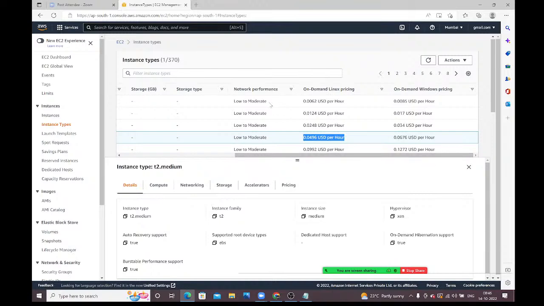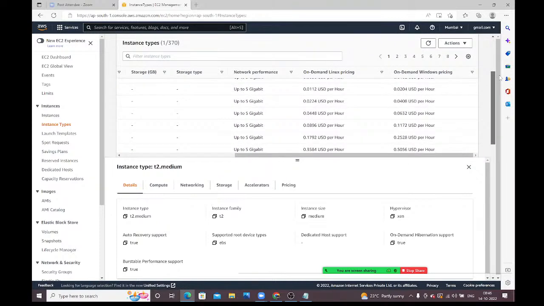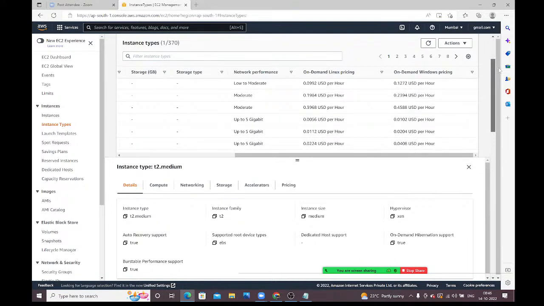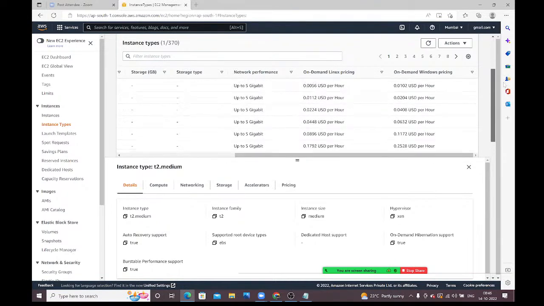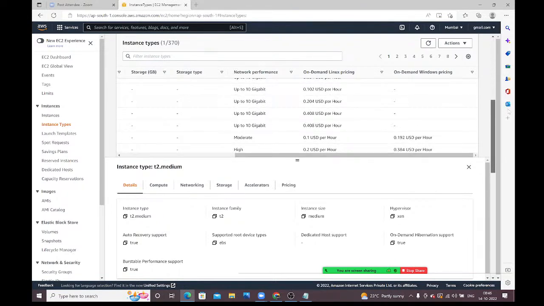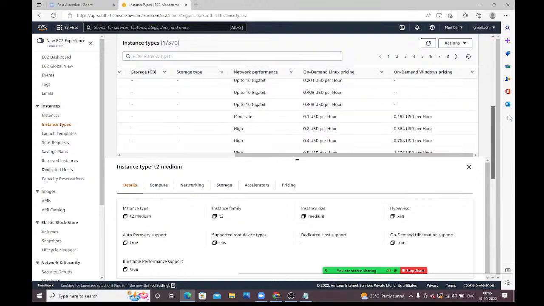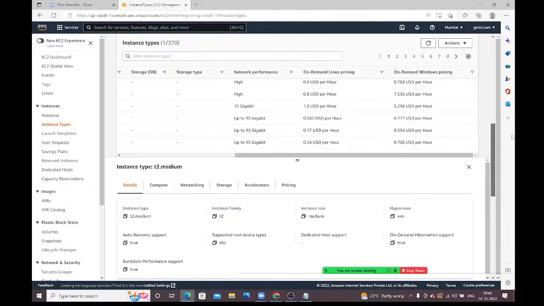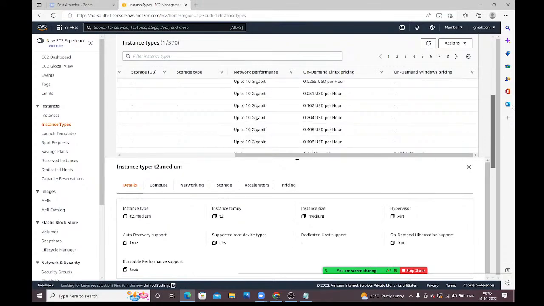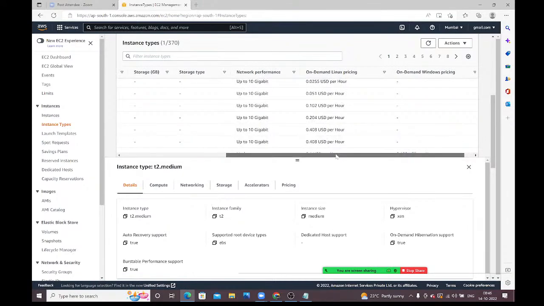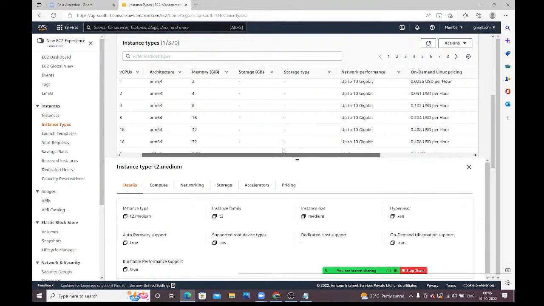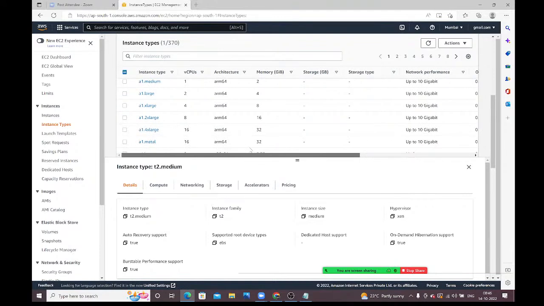See here, network performance also they have given, low to moderate for all these things. And here up to 5 gigabit network performance also they have given, high performance. So based on these configurations, whatever you want, you can choose those things, guys. Right. Next,